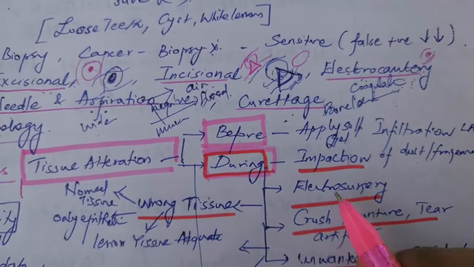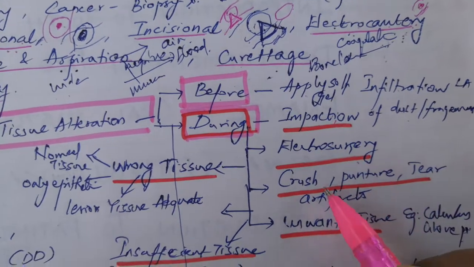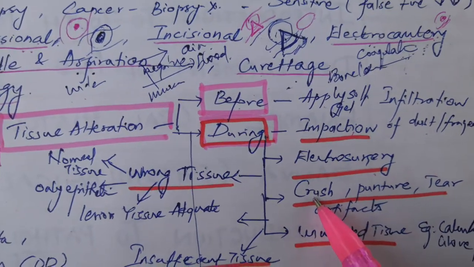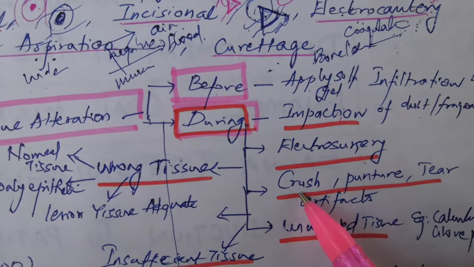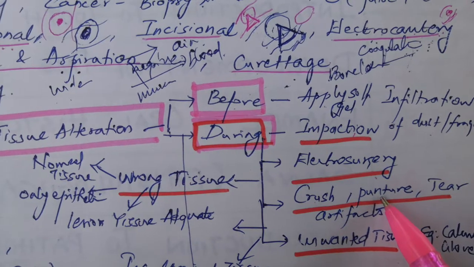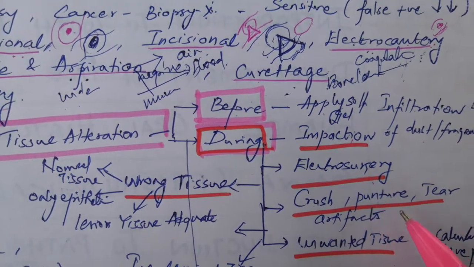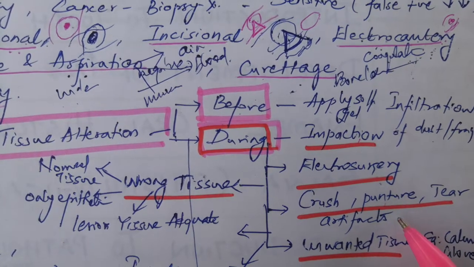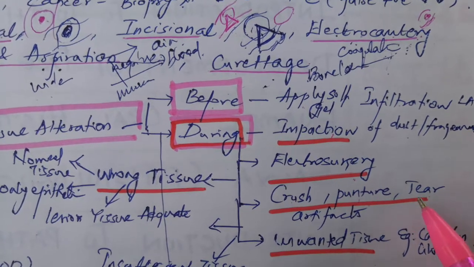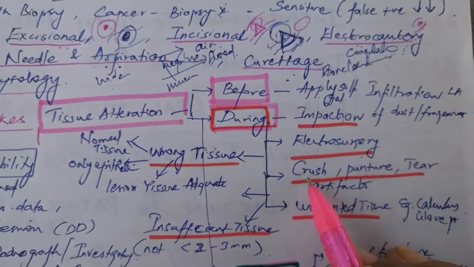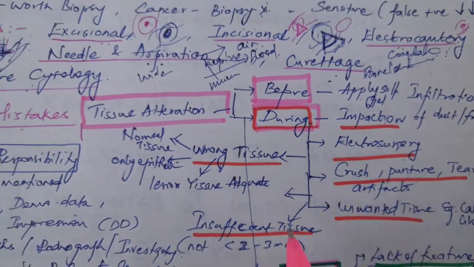And also with electrocautery, you should be aware of coagulative changes. Do not crush the tissue. Always use non-tooth forceps. Do not use tooth forceps to hold the tissue. And also do not puncture the tissue. If you are taking hold with a suture material, the suture puncture should be placed in the normal tissue, not in the lesion, okay? And also we have to handle gently, do not tear the tissue, okay? If you do all these things, then the artifacts can be prevented.